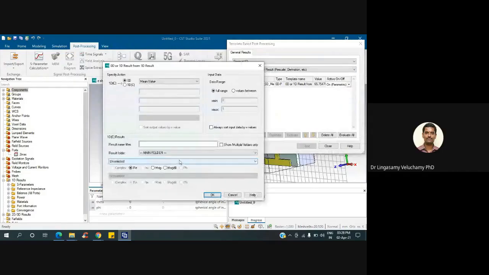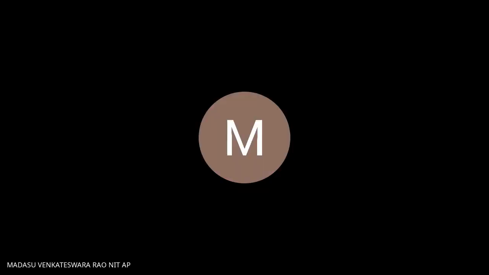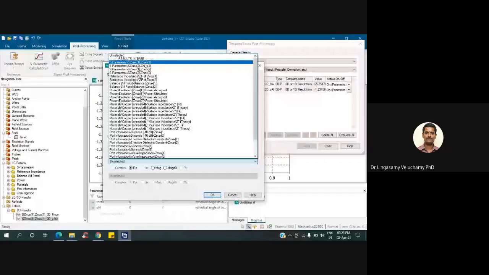Oh, okay, I'm seeing the other window. Here also, magnitude or phase, whichever you want, you can select. S11, phase, evaluate at 14 frequency. That's okay. See, this will only evaluate for the current parameter. When you run the simulation for all the parameter values, it will calculate one by one and plot it. If you evaluate also, it will do it for the current one. When you simulate for various sizes, it will plot accordingly. No problem.